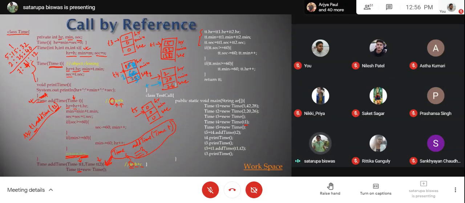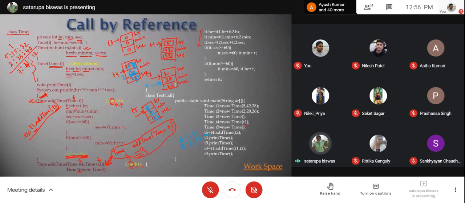So when you write return this, that means you are returning T4. To whom? The return value is to be taken by T5. So in T5, the exact value you have in T4 is copied. Now after that, if you try to find the value of T4, you are going to get 8, 2, 54. If you try to find the value of T5, the same values you will get.